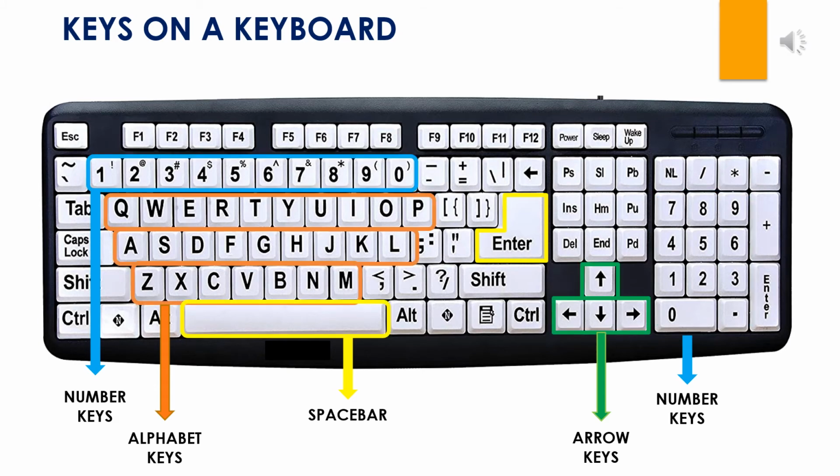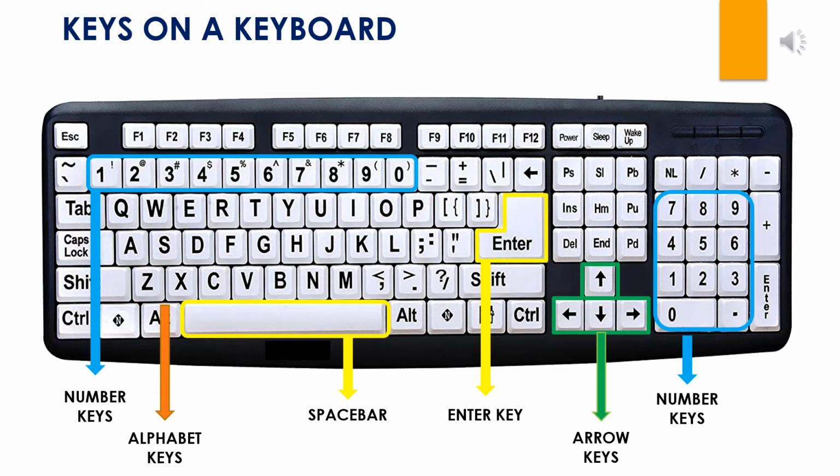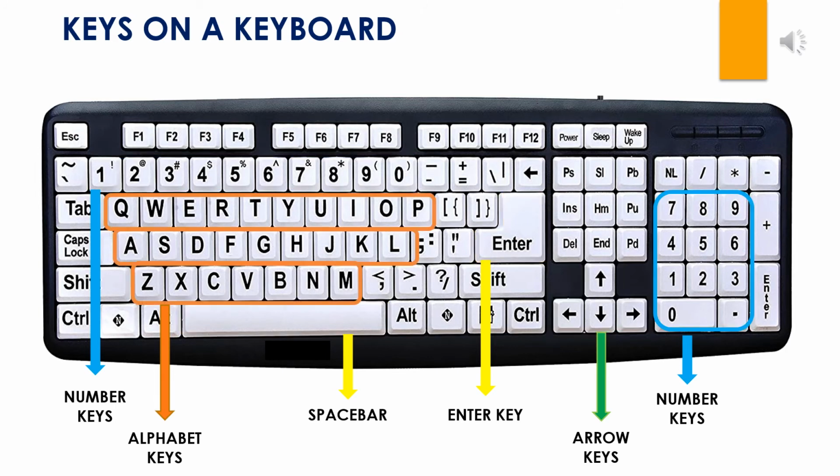And the more number of times you press the space bar, that many spaces will appear on the text. The most important key is next, and that is the enter key. So that is usually an L-shaped key. So you can see that it is an L-shaped key, and we use the enter key for so many different purposes. When we first start typing in WordPad, we use the enter key to take us to the next line.